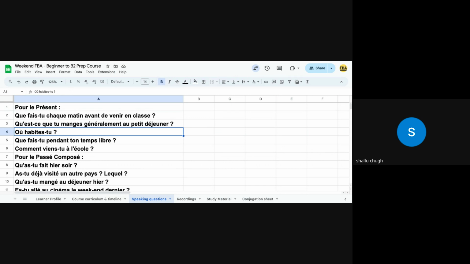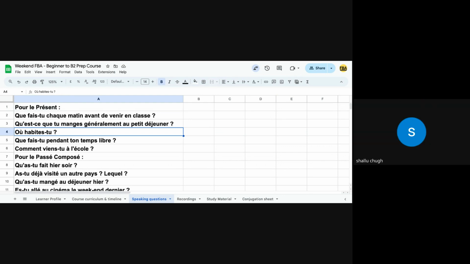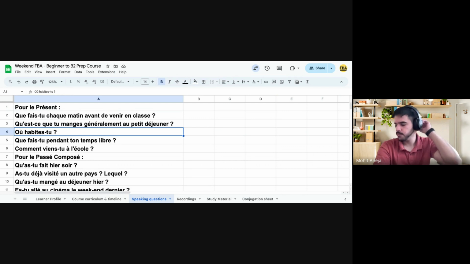Okay. So, j'habite à Rohtak. Maintenant, il y a plus d'appartements que maisons. Oui, ok. Il y a plus d'appartements. Beaucoup. Okay, plus d'appartements que maisons. So I just wanted to say that there are more apartments than houses. Oui, oui. मैं टाइप कर रहा हूँ, you just speak. बोलो आगे.